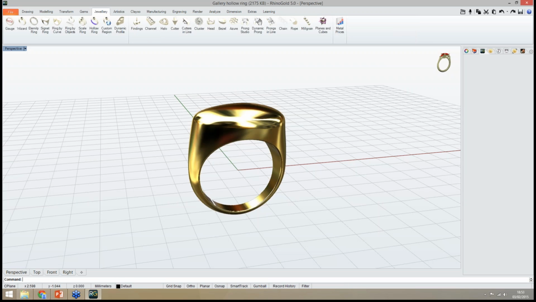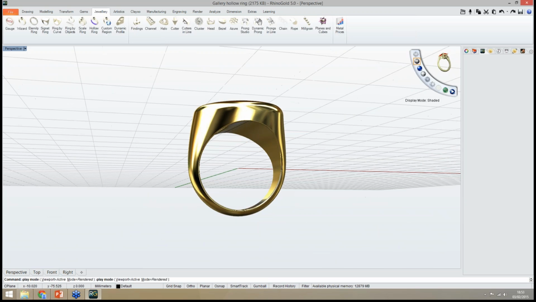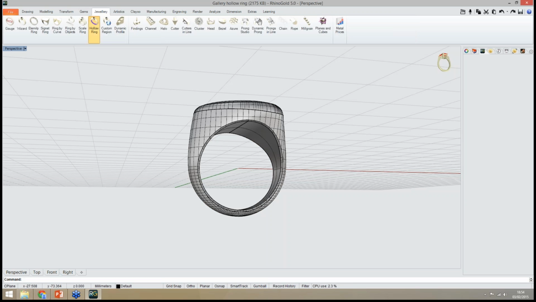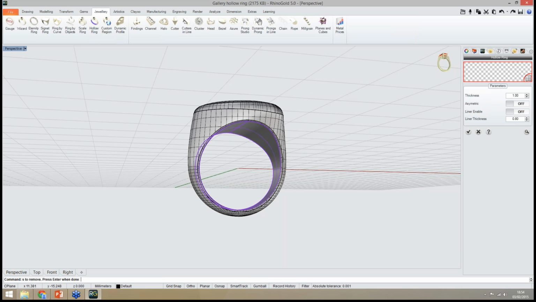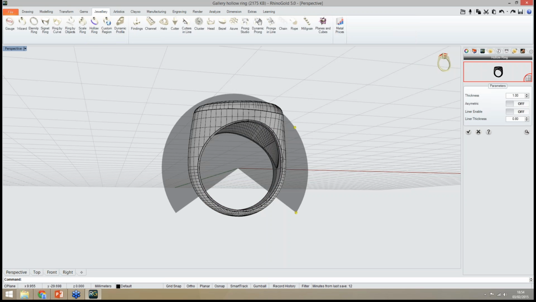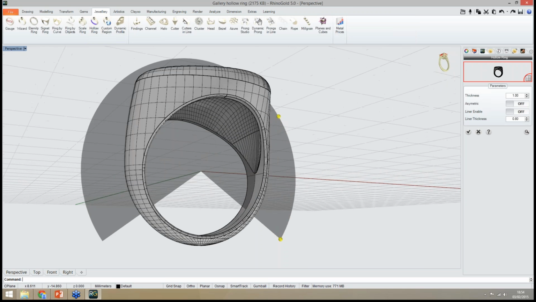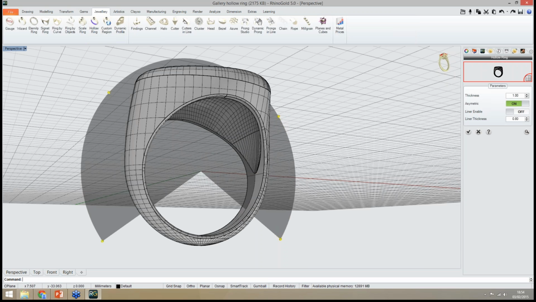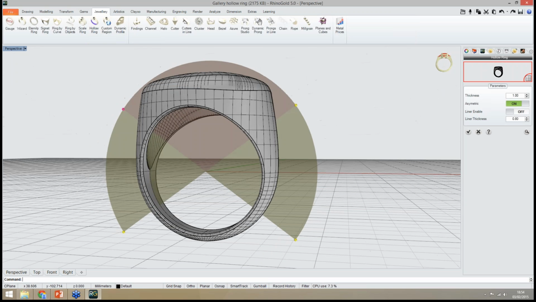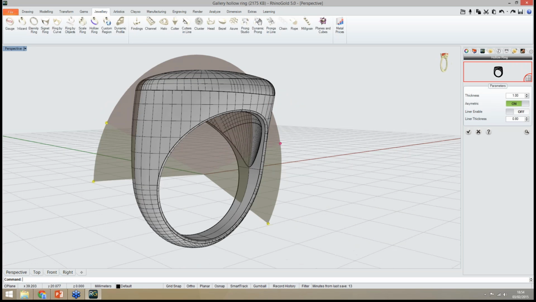So let me show the halo ring. It's really fast now. Let me create the halo ring, select the surface. We had this tool before, but now we have the possibility to define asymmetric. So the idea is, if I want this side to be more, let me define the left side more in here and the right side with different parameters. Let me show you.